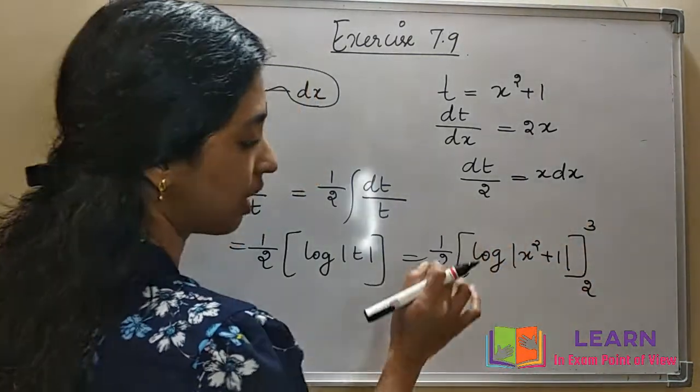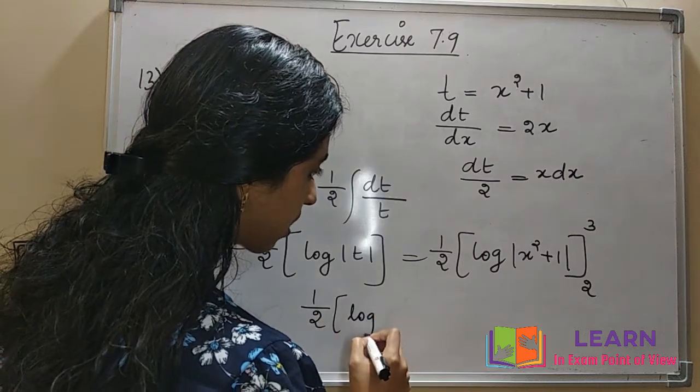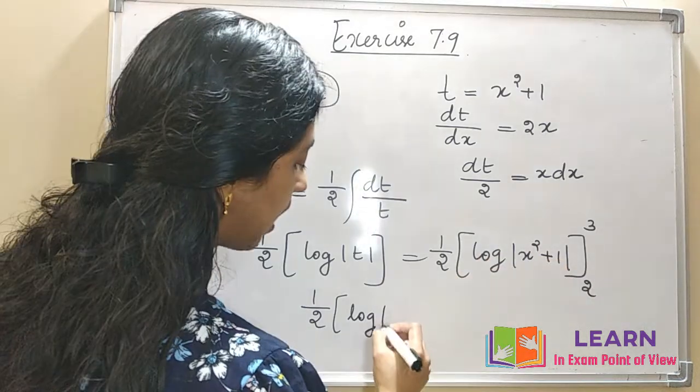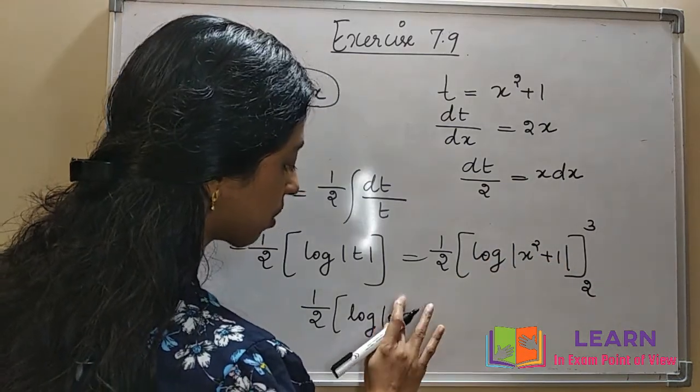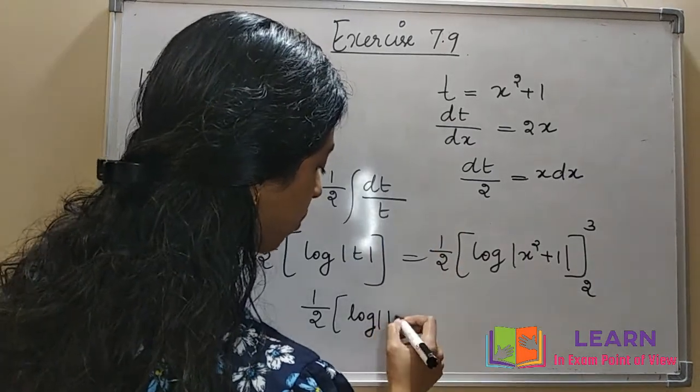Now you can apply the limits. That half is there. Inside, the upper limit is what? 3 square, that is 9 plus 1, 10. Okay, sorry, mod. You can write mod, no problem. Mod 10